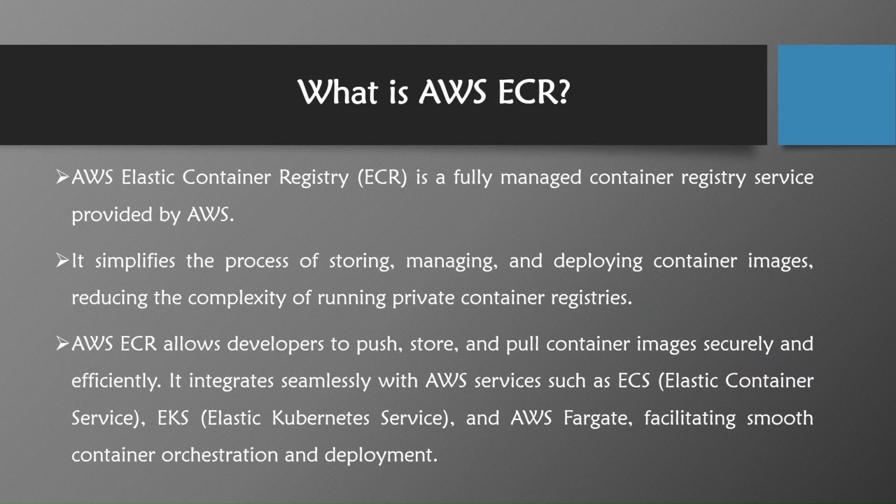ECR allows developers to push, store, and pull container images securely and efficiently. It integrates seamlessly with AWS services such as Elastic Container Service, Elastic Kubernetes Service, and AWS Fargate, facilitating smooth container